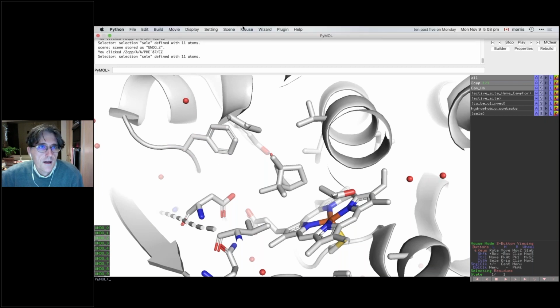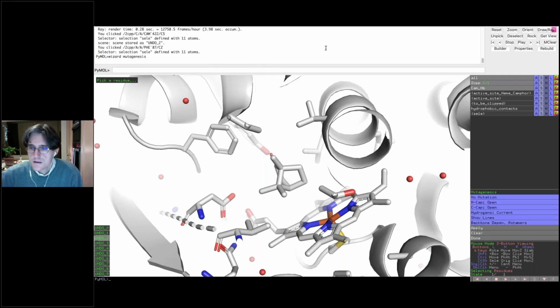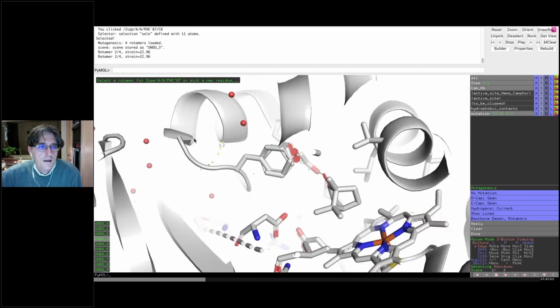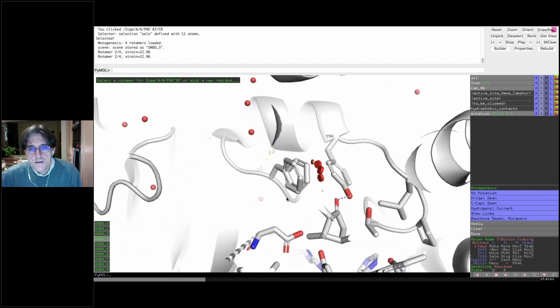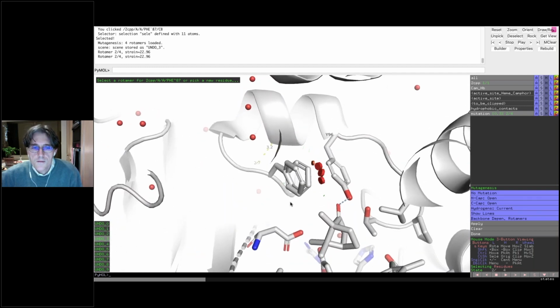So let's see, can I mutate in a tryptophan? So I can go to mutagenesis, and we want protein because we want to vary amino acids. It brings up this little panel down here. By default, it says no mutation. So that can be useful if you want to explore rotamers of side chains without any change. So if I just click on the residue we selected, Phe87,